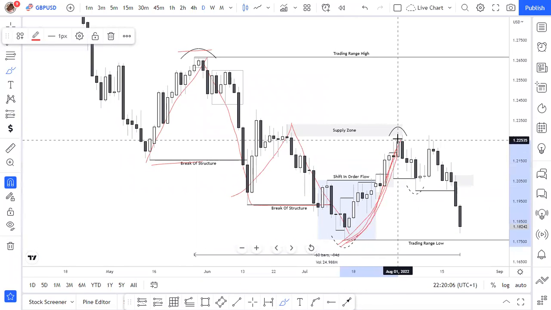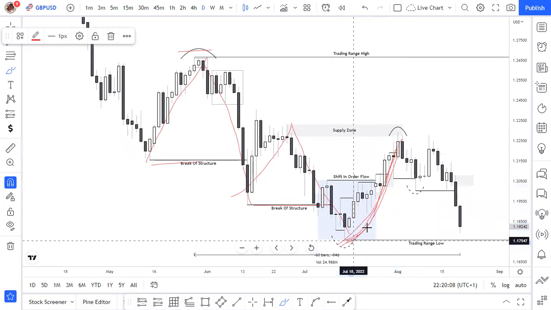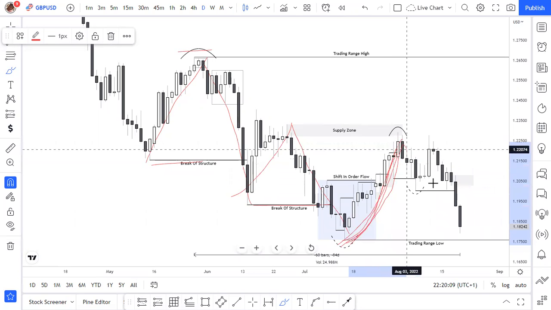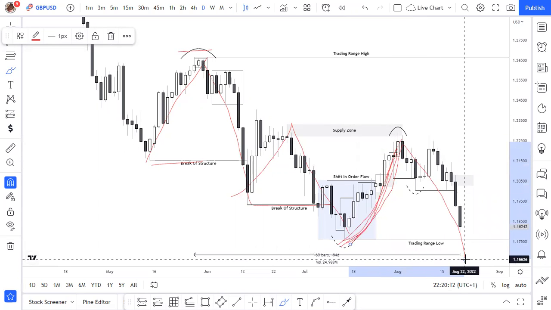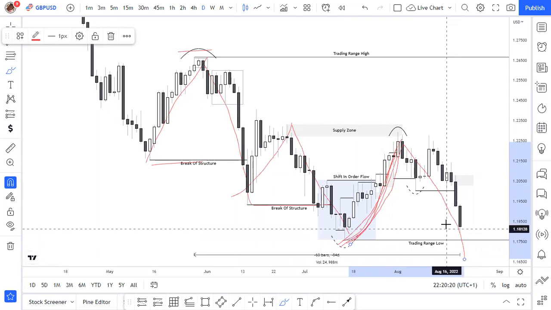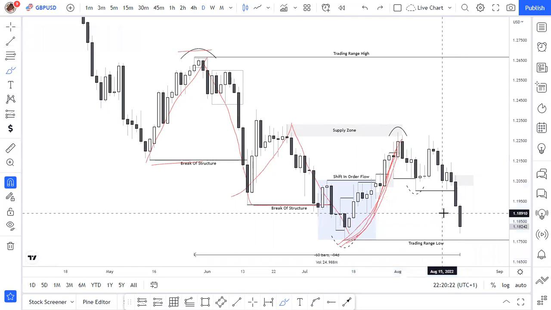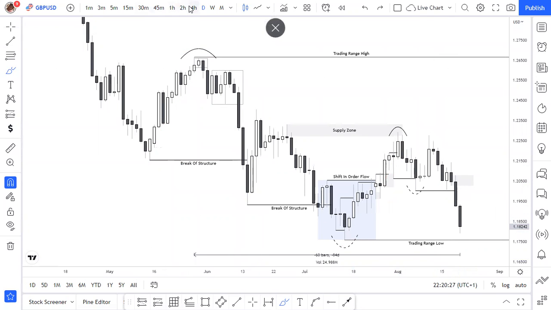We are currently in that pullback phase, and we know that after a pullback we'll mostly get a new lower low. That's the key concept, the main thing we were trading. So going to the 4 hour here,